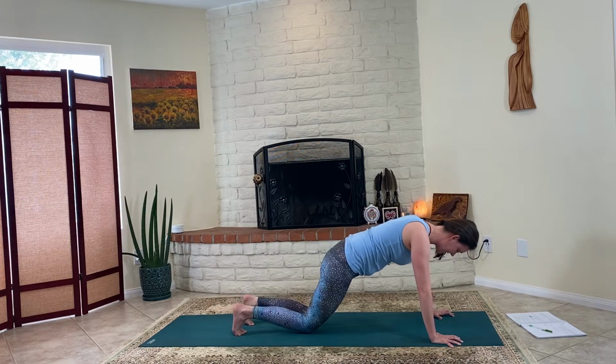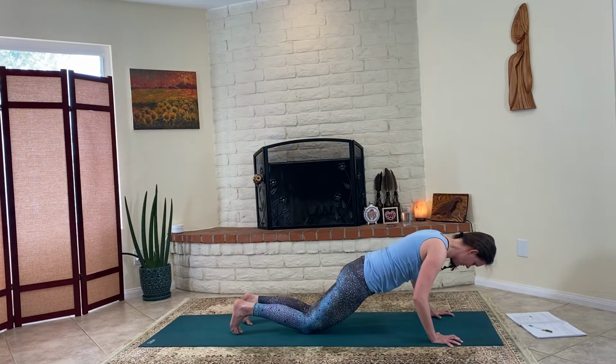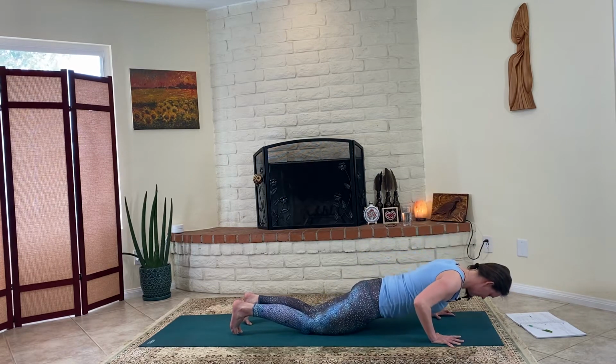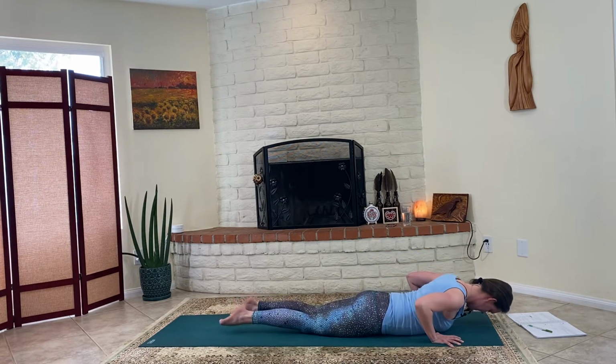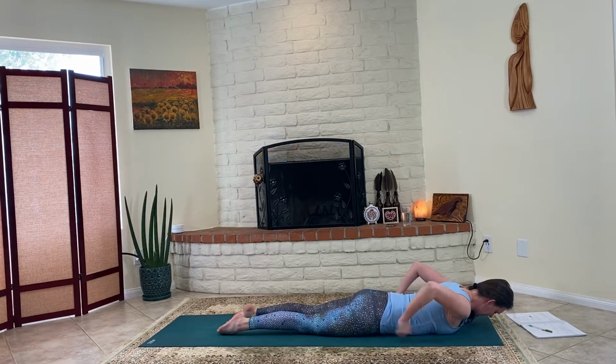Next time we tap the knees down, hold there. Grip the floor, bend the elbows, keep the chest nice and open, front body contained as you come down. Relax through the tops of the feet here. We really want to contain the front body, so press your pubis bone down, front pelvis lifts up, front ribs